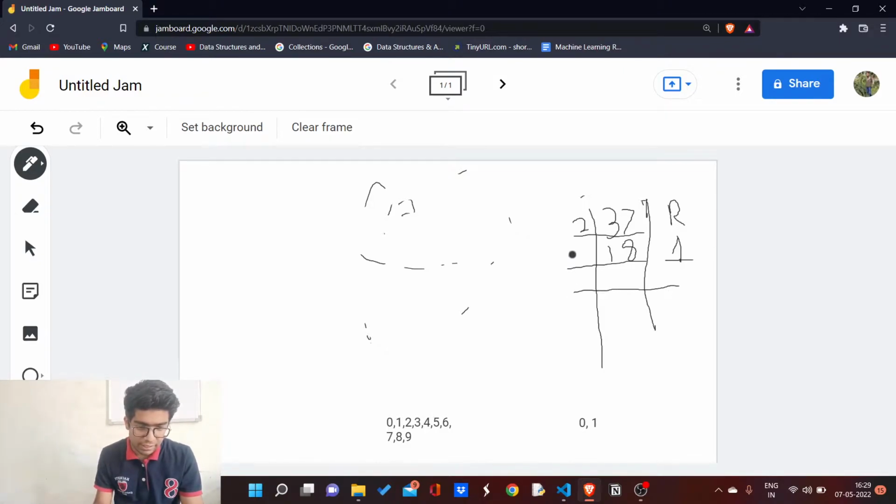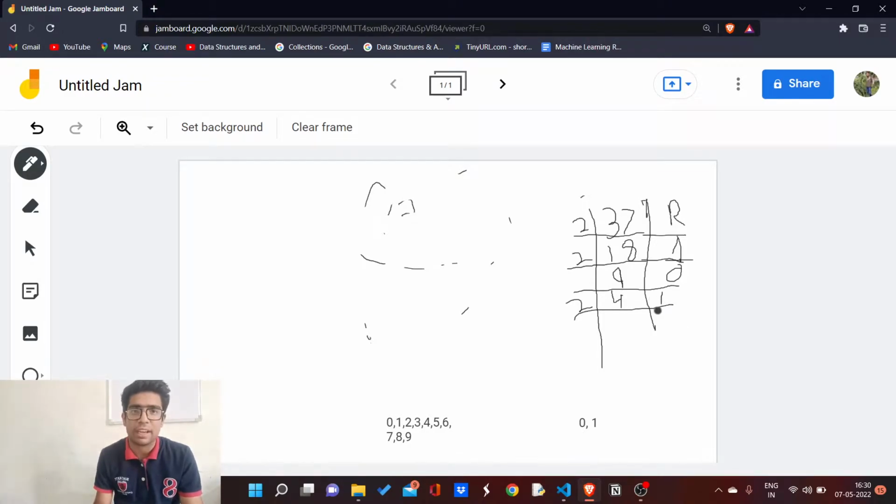Same goes with 18. Now here it will go with 9. Now the remainder is 0. After that we do it here, like now it is 4 and the remainder is 1.